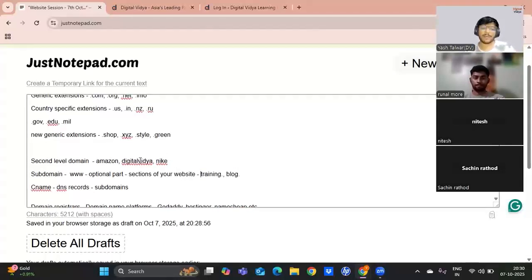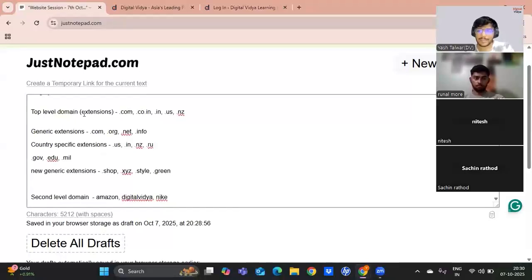That is one. But the static part of it, that is the second level domain and the extension, these are static parts, right? So you're purchasing both of these things together. If in future you want to change your domain name, you want to change your extension, that cannot be done. You'll have to purchase a different domain altogether, right? So if it is digitalvidya.com, I also want digitalvidya.in to work. I'll have to purchase that separately. I cannot create a .in domain myself, right? Basically, that is what I mean.